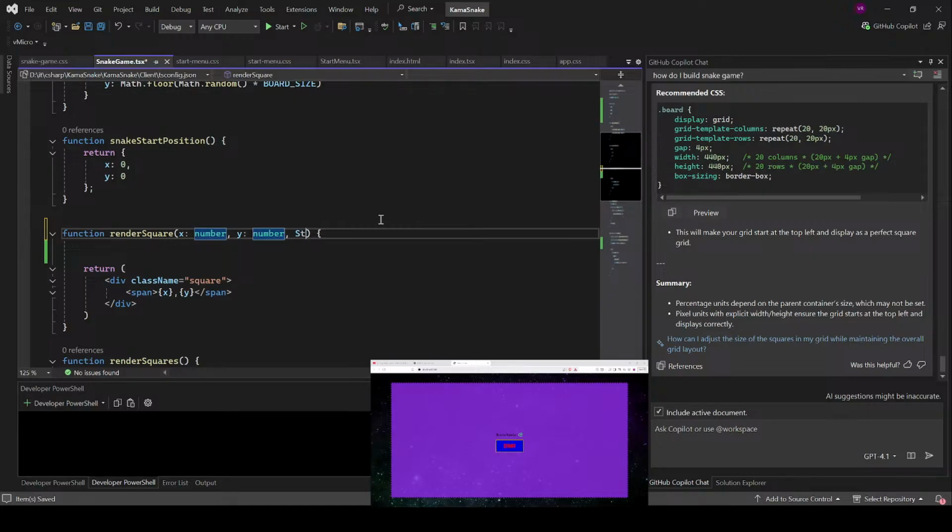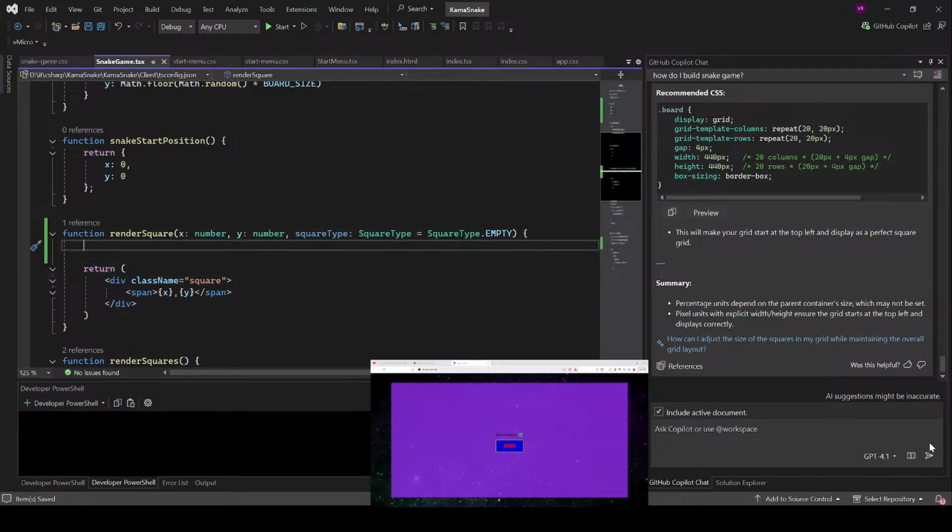A parameter of, wait, square type, and it will be of this type, and by default we want it to be square type empty. Isn't that cool? I just got a notification that my Pomodoro time is completed, but I don't feel like I did much, so I will continue working. And we have all of this. Now we want to,